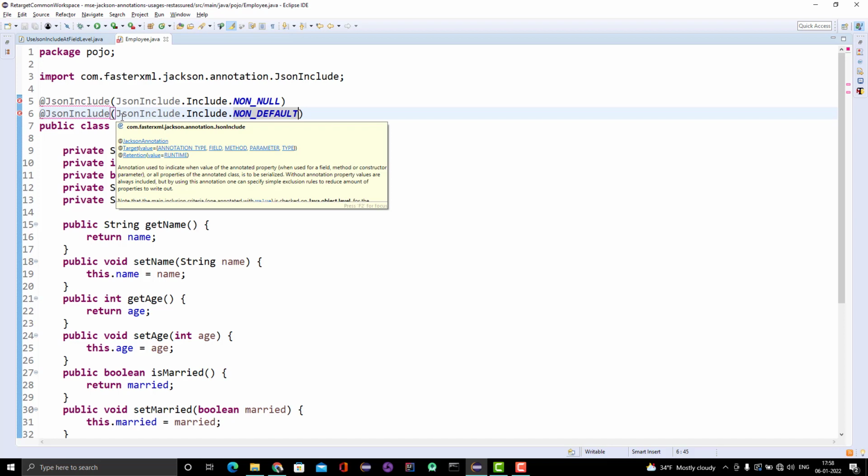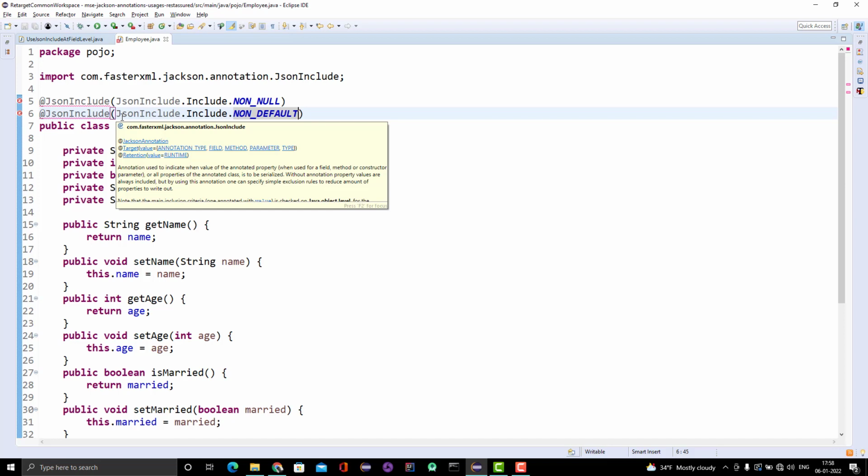But now we have a scenario where we need to use different ones. We cannot settle with one value only. If you want to exclude some empty one, you need to include the annotation again, which is not possible. So in short, we have different conditions here, or based on some different logic, we want to exclude the fields.